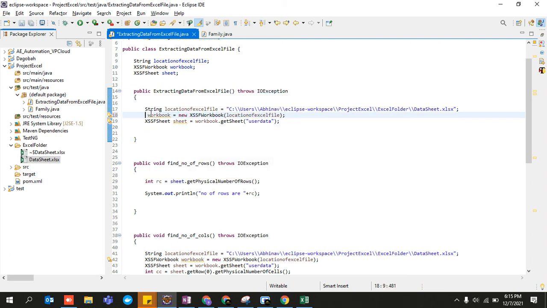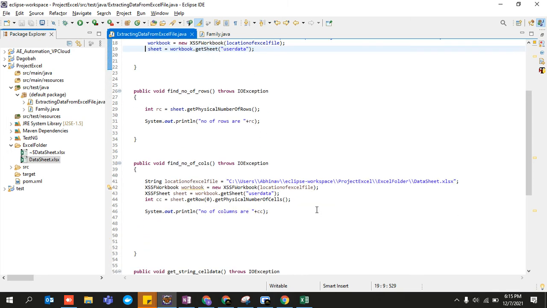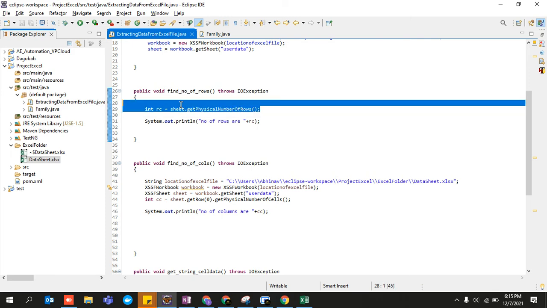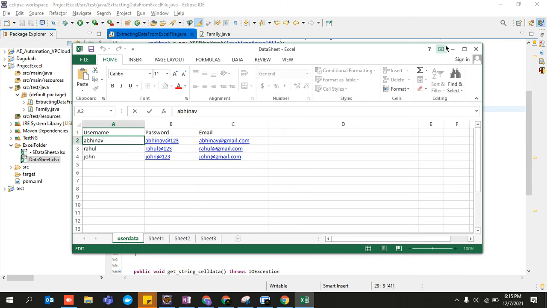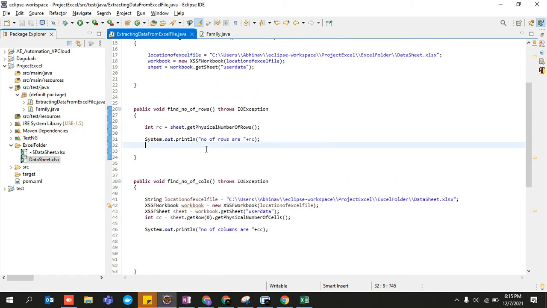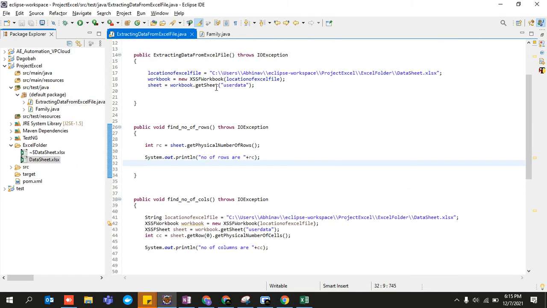If I have defined it, then I can delete this as well, because these are global variables, and now I can delete all these extra lines of code. So now my code got reduced to only one line of code. Can you see? With the help of only one line of code, you can find the number of rows.